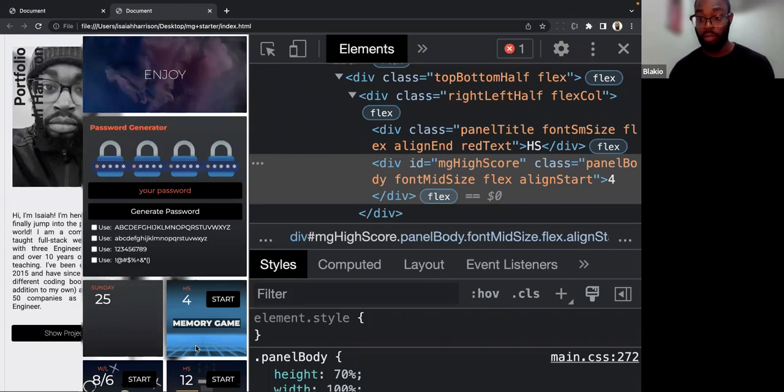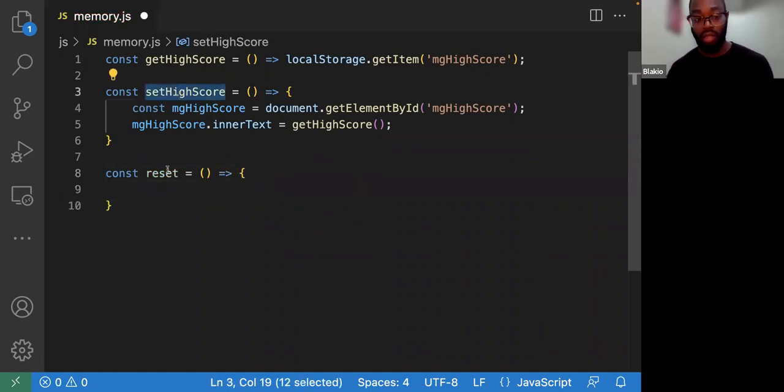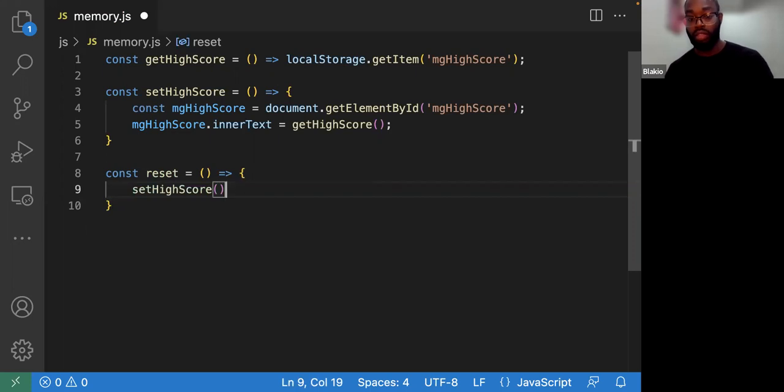So what I'm thinking is, we're going to create a function called reset. And inside of that, we're going to set the highest score. And we're going to do a bunch of other stuff in here too, but this is just one of the things we're going to do. At first load, we're going to reset the memory game.